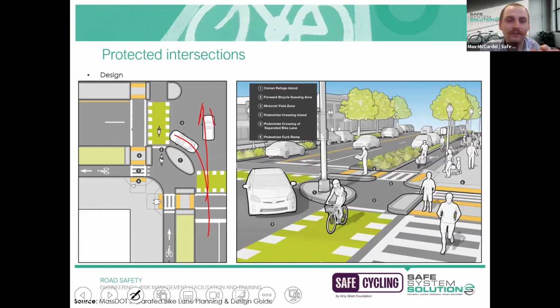Number four is a pedestrian crossing island. And the reason that this is incorporated is just to make sure that with these types of facilities, you're not actually recommending a shared path or a shared area crossing here. You're still saying we're going to have riders go over this side of the intersection, and pedestrians, you cross over here. So there's still these two separate